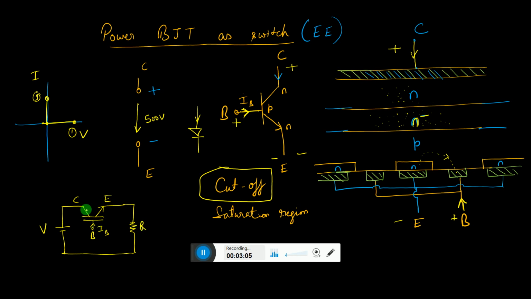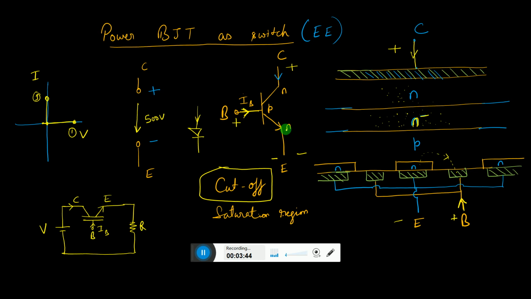So when there is a base current, collector current will flow, the current through the switch will flow, and this will turn on. And if you want to turn it off, then IB needs to be reduced to 0 or negative, then this switch will be turned off. There are drawbacks and also advantages of the BJT that we will see. The BJT is an electronic device used by electronics engineers